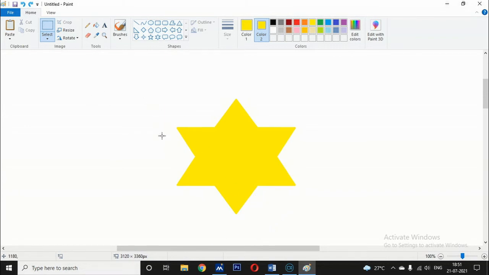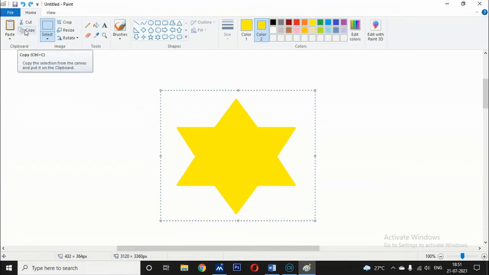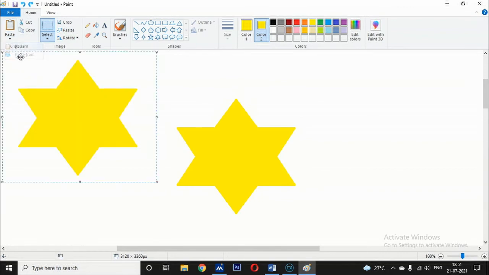Again you have to select the picture, go to this ribbon tab, click this copy option and again click this paste option. So you can get the duplicate copy of the image.